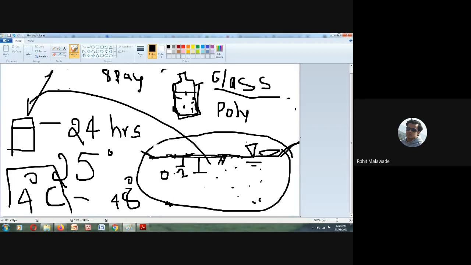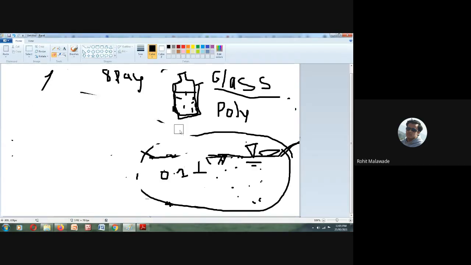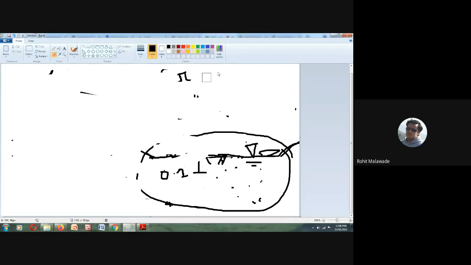So this is the important thing that you need to take care of. Now, I wanted to tell you some other aspect in the sampling. Just a minute. So this is clear regarding how many days, at what temperature, what containers you need to use. Is it clear? Yes, sir. Okay. Now, I'll tell you some other important aspect.